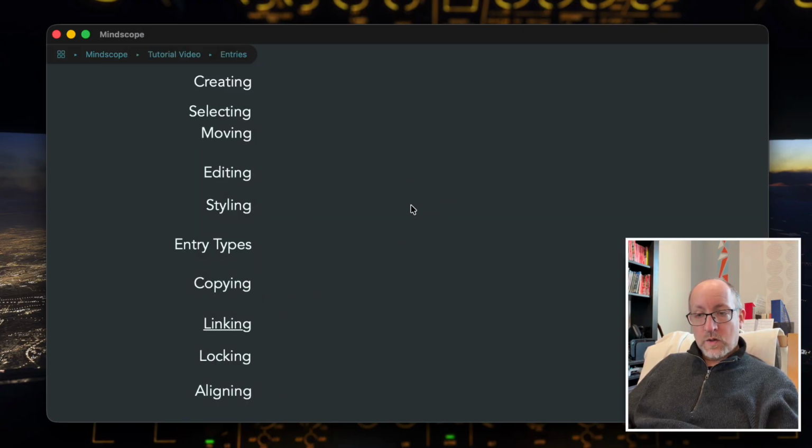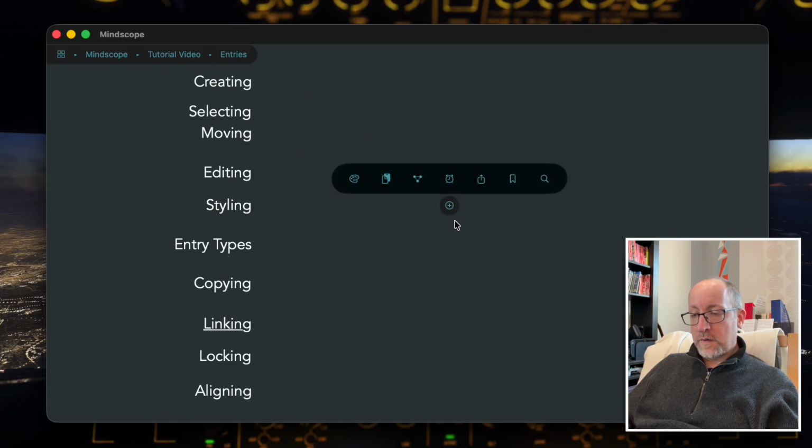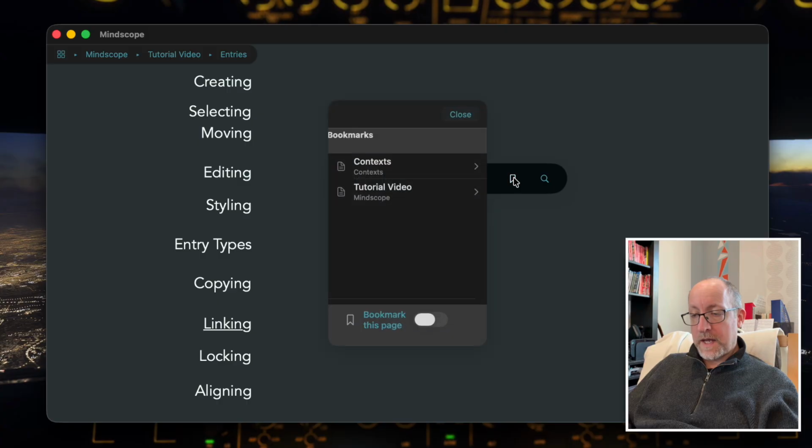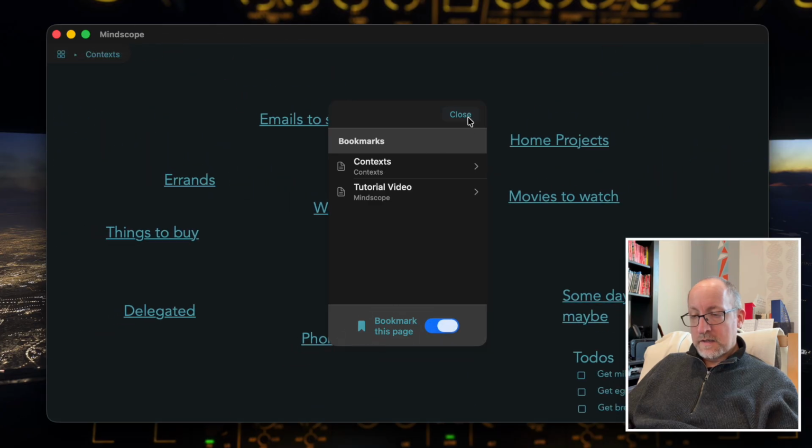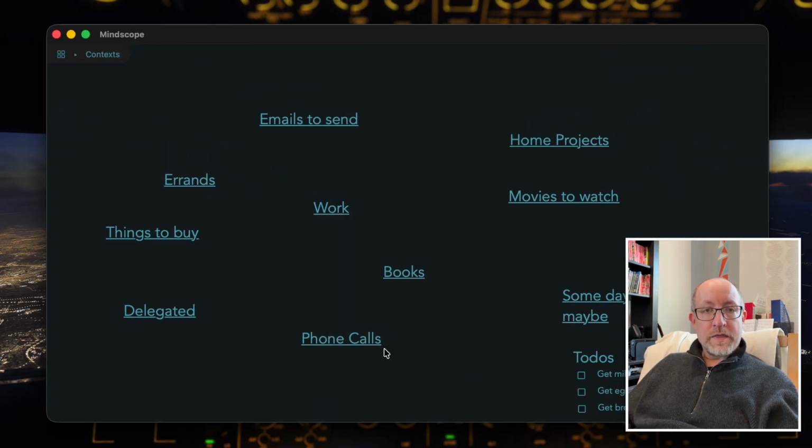I'd like to real quick show a bit of a demo for some of these other things. So if we go here and we open up my bookmark page, bookmark view, you can bookmark different entries, and I already have one bookmarked here called contexts, which shows you one example of what you could do with Mindscope. You can just create different contexts like in Getting Things Done. And let's say you're trying to sort